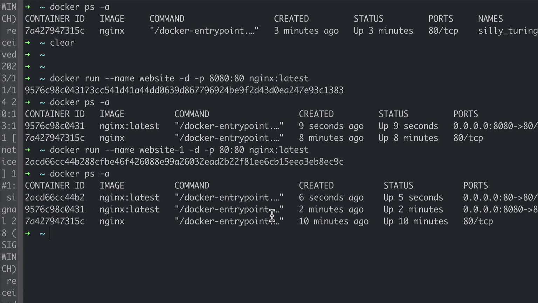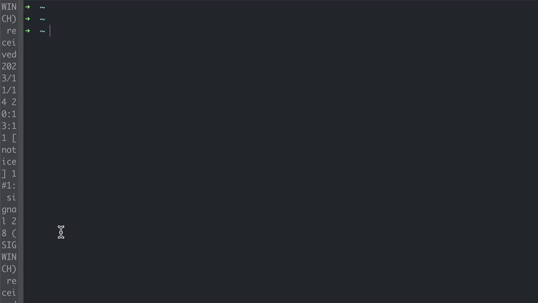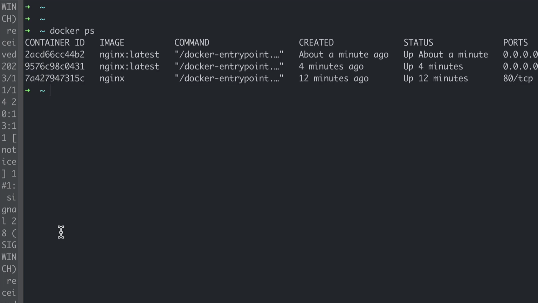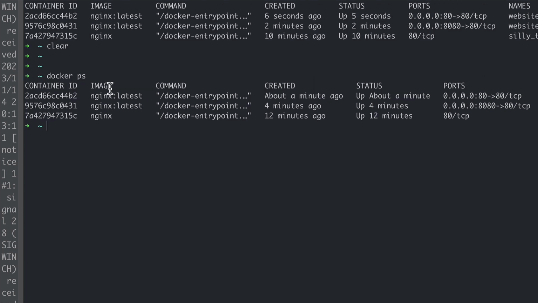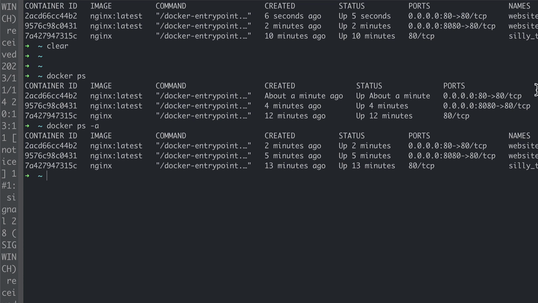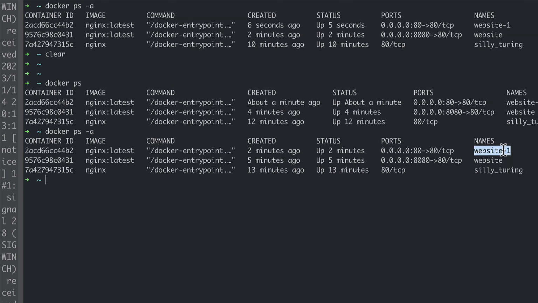Now, the cool thing also is that if I clear everything and say docker ps in general, I'll make this a little bit smaller, and say docker ps -a to see everything essentially. You can see that now we have the names that we can use, right? So if I want, for instance, to say docker rm to remove the container, I can go with the ID, but I can also go with the actual names that we've added